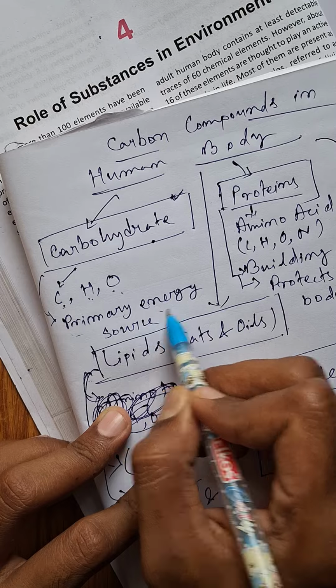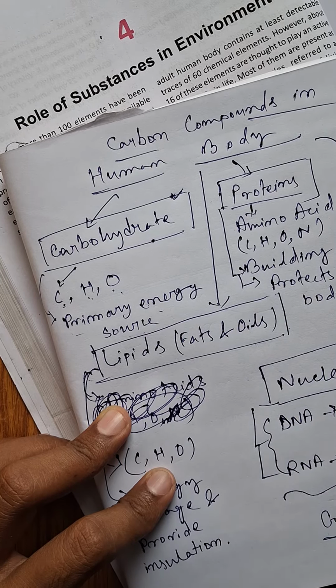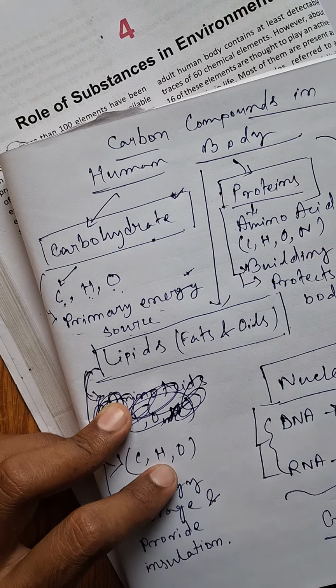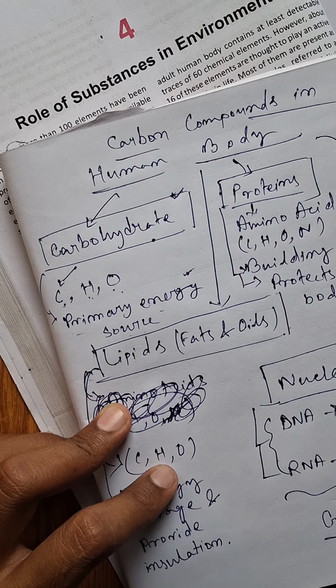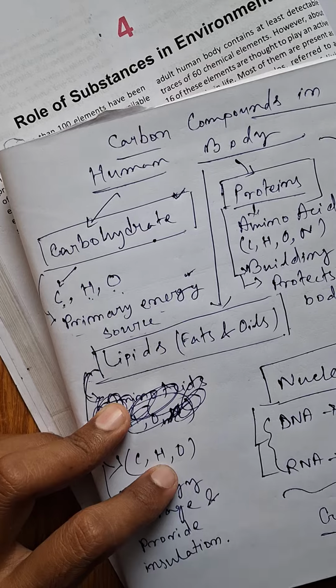Carbohydrate is the primary energy source of our body. If we don't get carbohydrate, we have no energy. We can't do any work, we can't do anything. So it is the main energy source of our body, like glucose. If we feel so tired, we drink a glass of Glucon-D and we'll get energized. So it is basic. Glucose is a pure carbohydrate, a simple carbohydrate. So this is the function of carbohydrate.